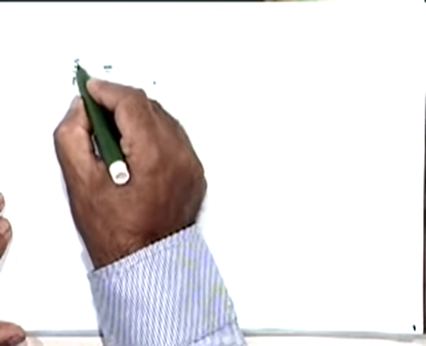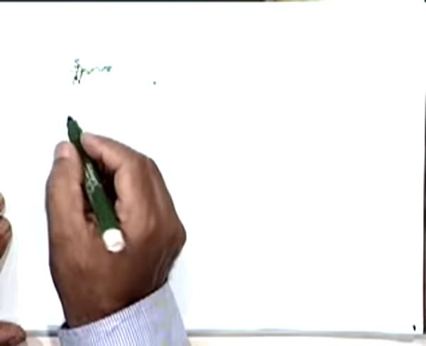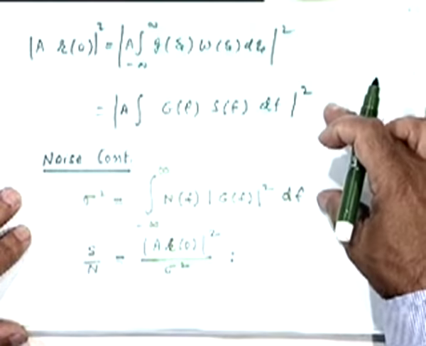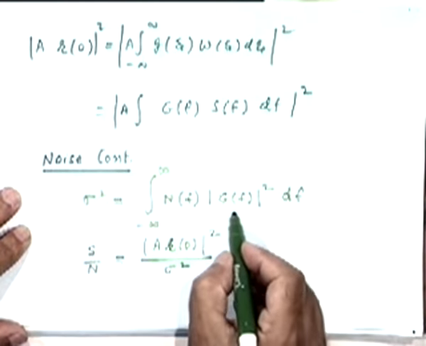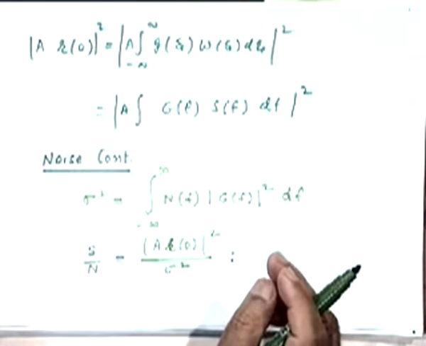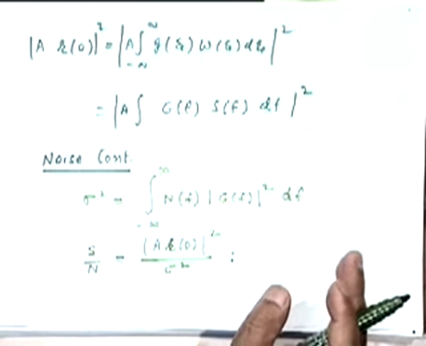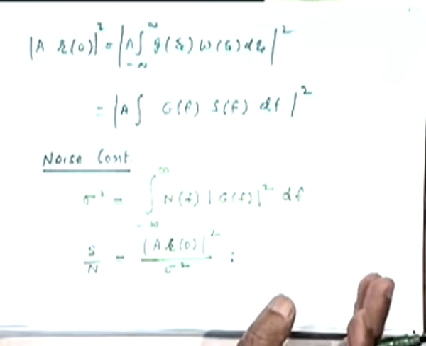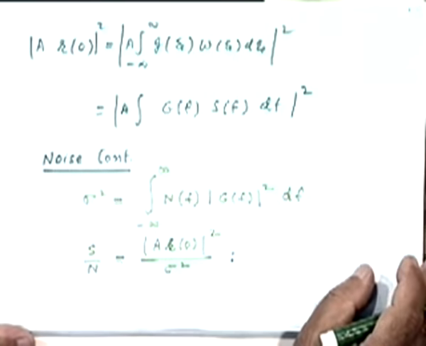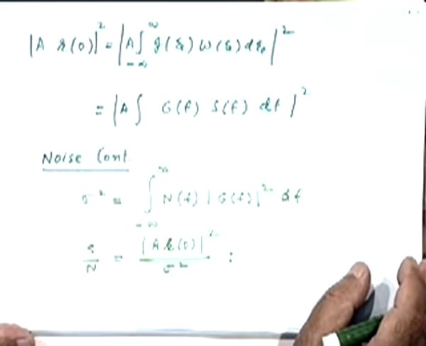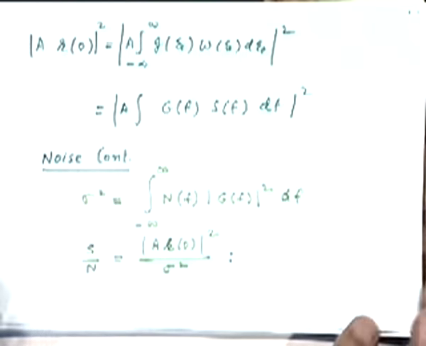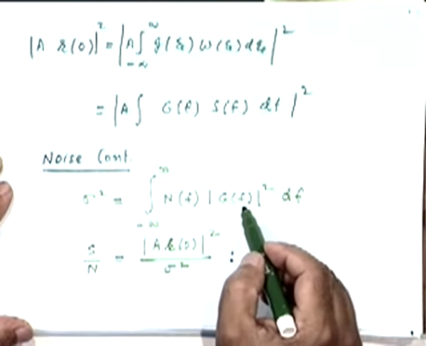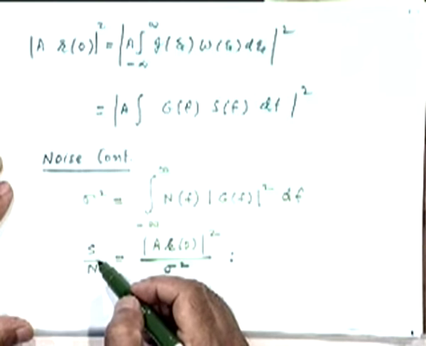Before I do that, I think that much is clear as to what this expression will turn out to be. To do this maximization, it's clear what we have to maximize. We have to maximize the ratio of these two quantities with respect to the function GF, right? Now this is a slightly different kind of maximization or minimization that you might have done in your calculus. Have you done calculus of variations? No, you don't know. You're not familiar with calculus of variations, which tells you how to maximize functions of functions, right? Because here is a function, signal to noise ratio, of a function GF. We have to choose a function GF so as to maximize this parameter, right?